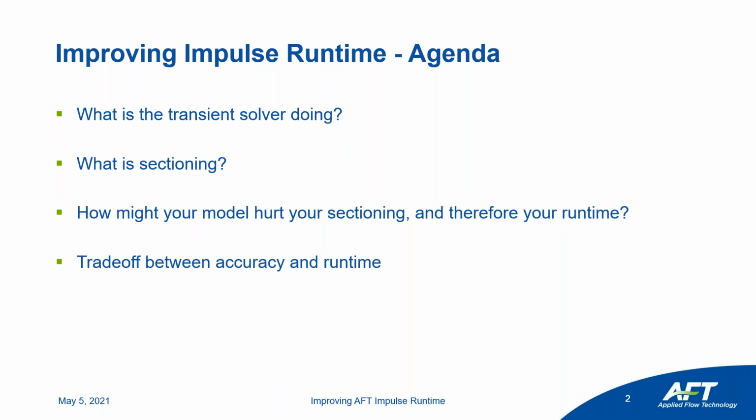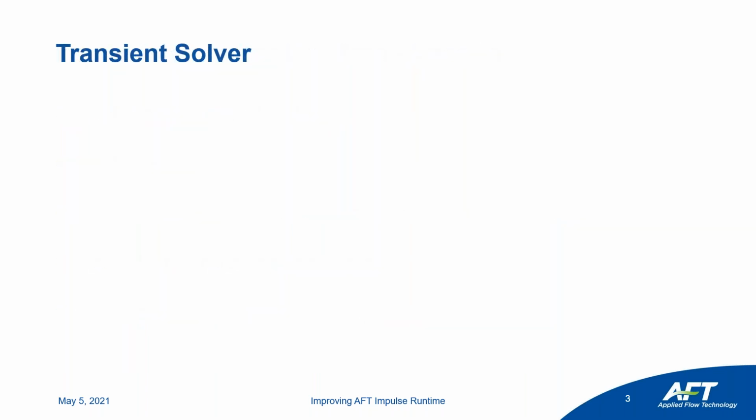So a lot of the things we'll talk about here will make changes to your model. And anytime you make a change to your model, you're introducing some uncertainty. That uncertainty may or may not create significant inaccuracy in your model, but it will increase your runtime. So you always have to evaluate the trade-offs, and we'll look at our example and if it impacts our accuracy at all. Finally, we'll take a look at some other approaches to further improve your runtime. The first 4 will largely be focused on what sectioning is and how we can optimize a model for sectioning. But there's some other small places where we can find better efficiency just by applying some logic to how we're defining a model. So to get into it, let's take a look at what a transient solver is and why